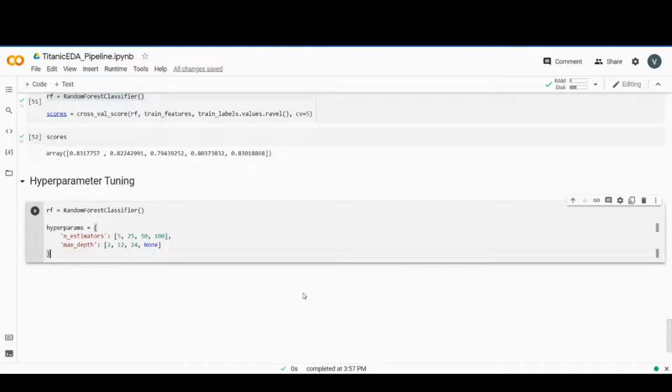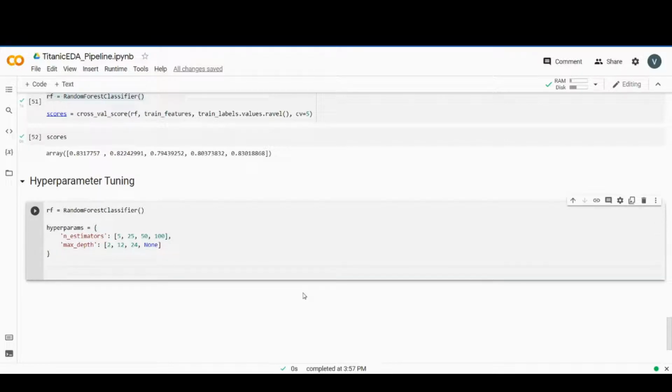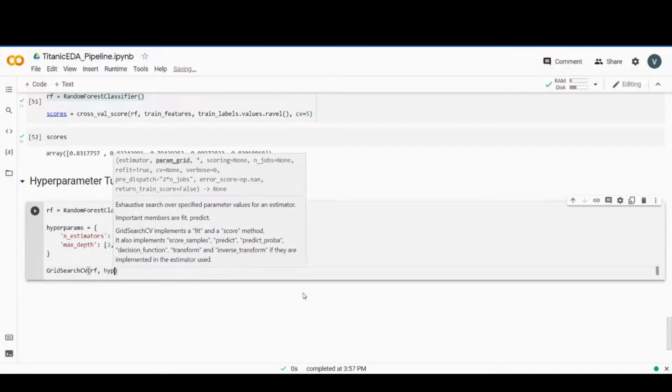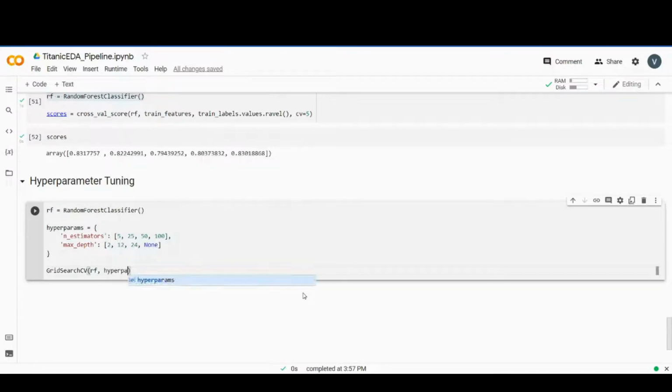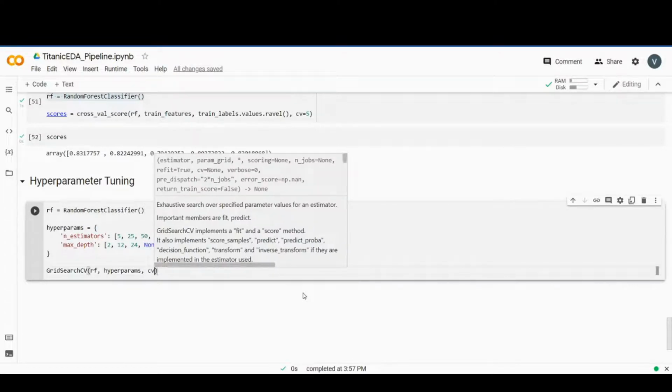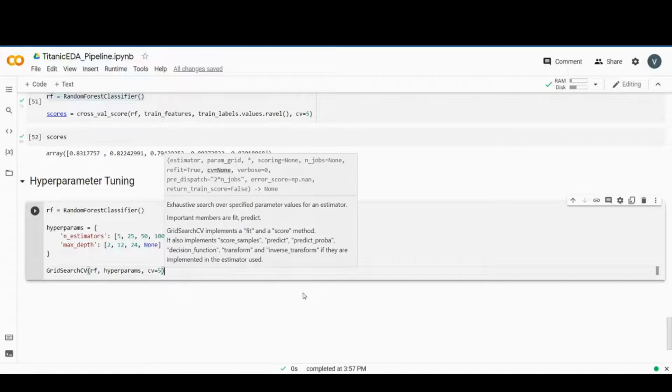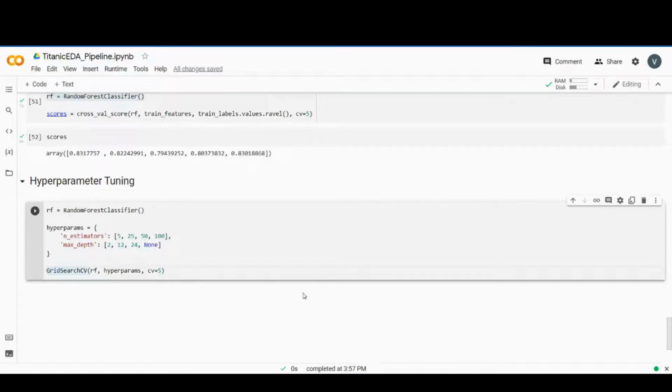Here we specify the depth of 2, 12, 24, and None, where None means that nodes are expanded until all leaves are pure. And we say that a leaf is pure when all of its data belongs to a single class. Or in other words, all its data points contain the same label or cannot be split any further. Good luck digesting that, but meantime,